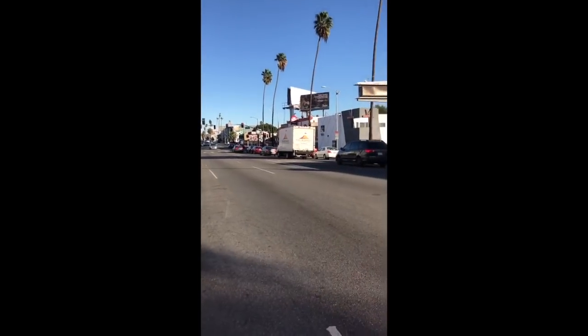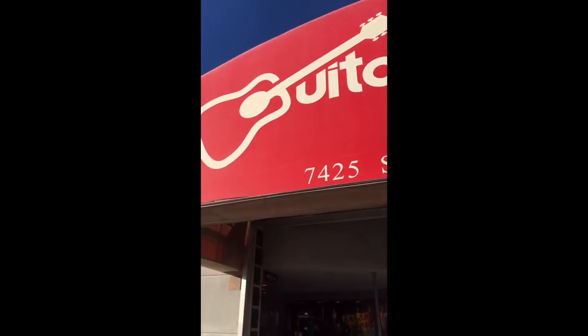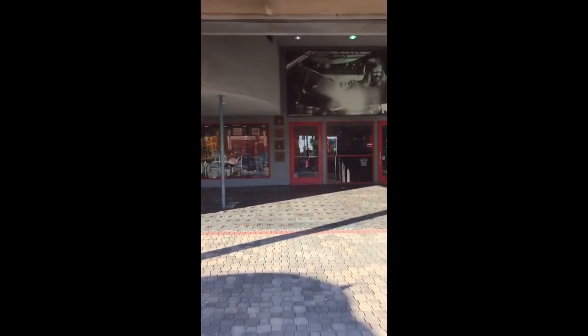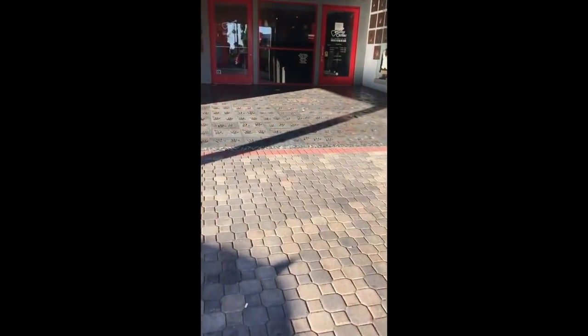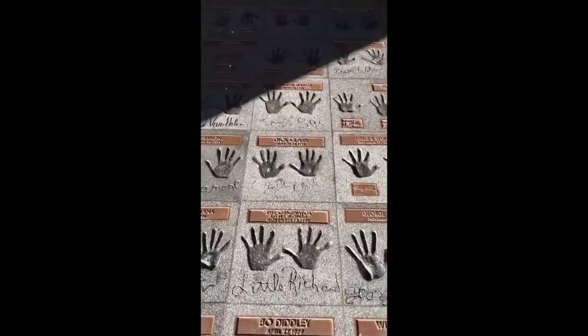So here we are. This is Sunset Boulevard, and right here wouldn't normally be that exciting, but the Hollywood Guitar Center is really quite exciting. It's huge and has all kinds of stuff, but outside as well they have all of these different handprint things,